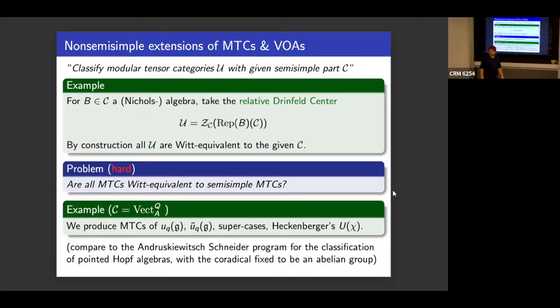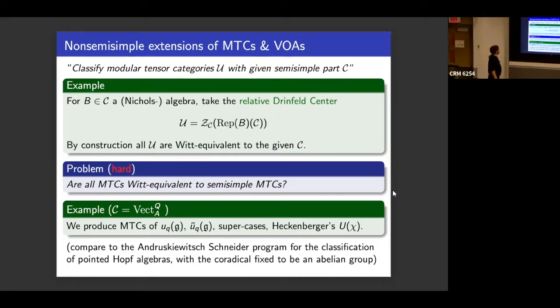Does your statement also hold if your semi-simple part is degenerate? I would have to think about this. Then all these things become more difficult. Your argument doesn't. Yeah, I don't think so. I would always stick with MTCs, because in the degenerate case I have many more examples of this, and you can look at this in Schneider's work.